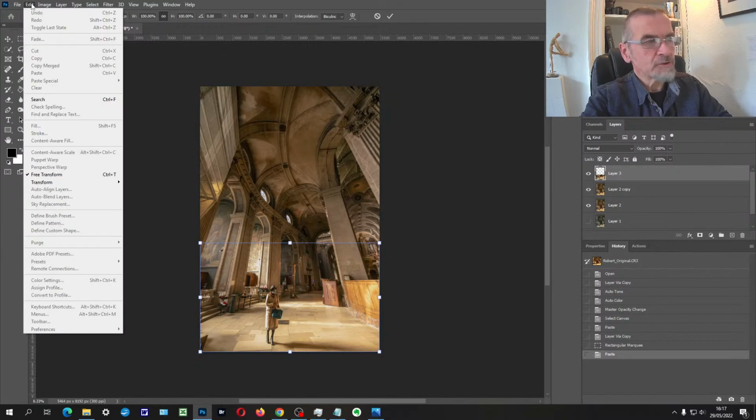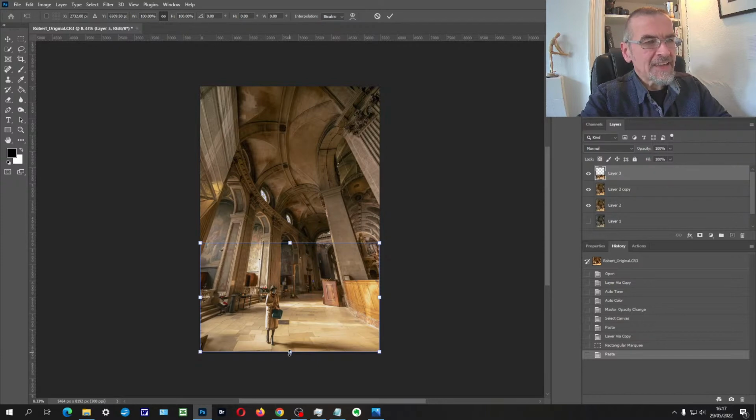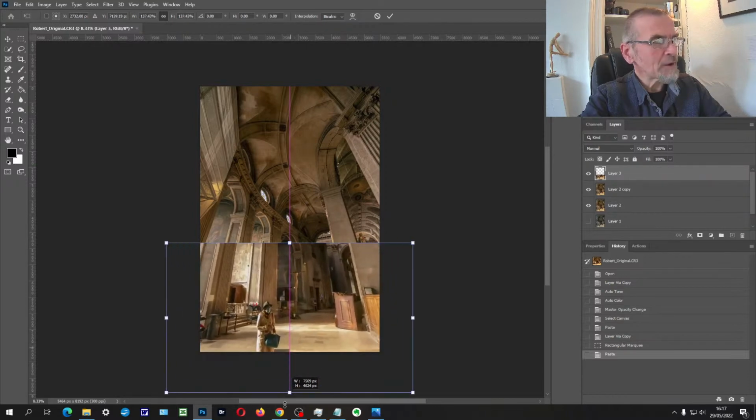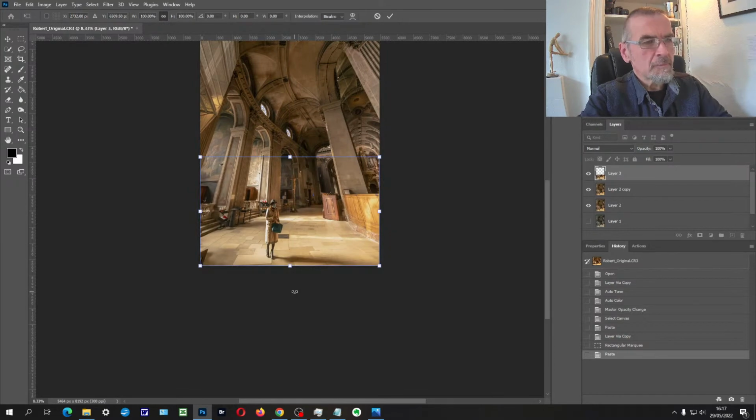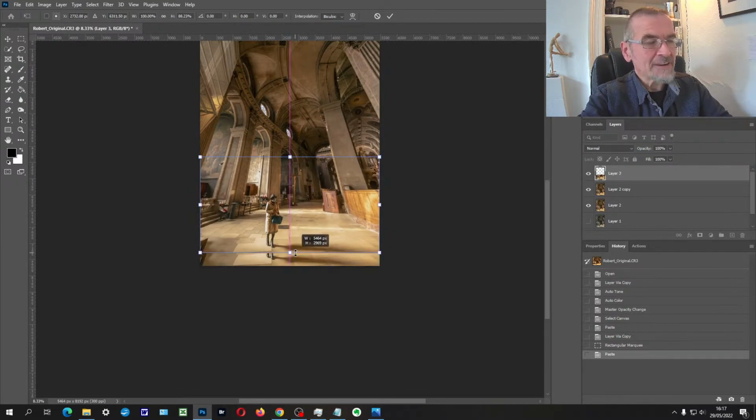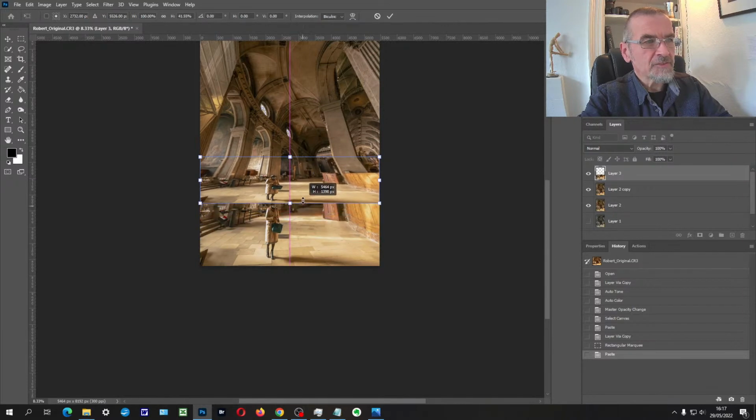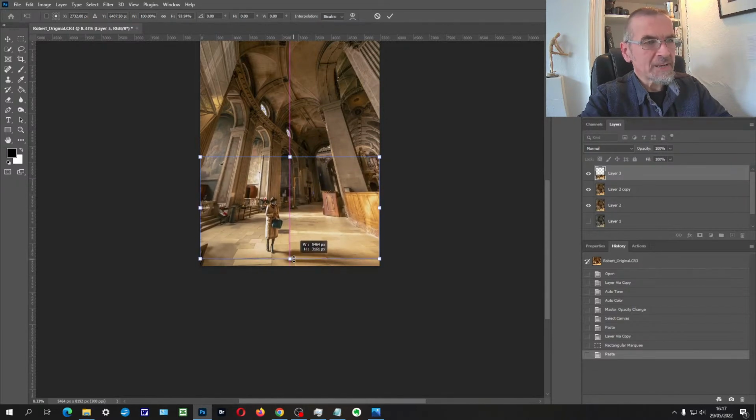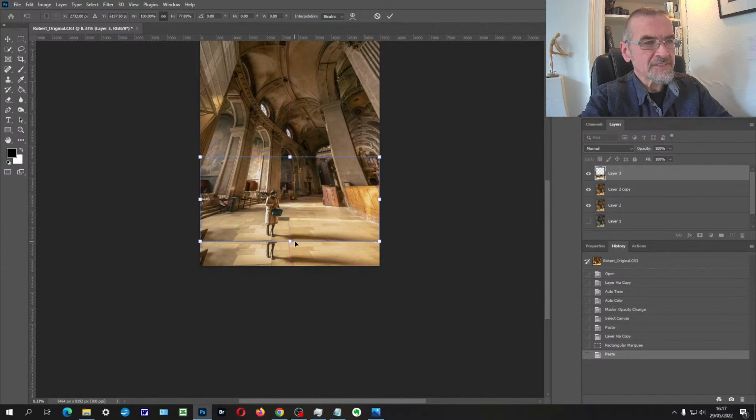You can edit, or you can go edit, free transform. And now, what that allows me to do, if I grab this little bottom bit here and pull it, that will shrink or enlarge it. But if I hold down the Shift button, that anchors it, and I can shorten the top or the bottom. Now, if I just pull this up a little bit,